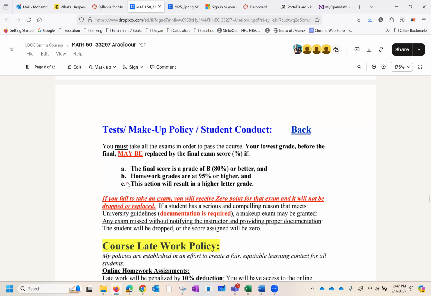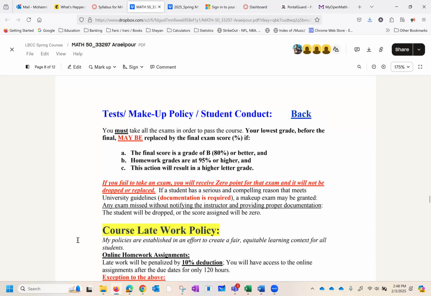This action will result in a higher letter grade. Because if somebody who has 830 points, which is a B, ends up with 850 points, which is still a B, it makes no sense. If you fail to take an exam, you will receive 0 points for that exam, and it will not be dropped or replaced.